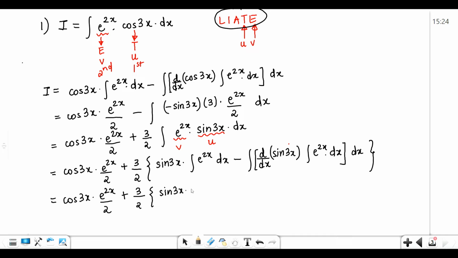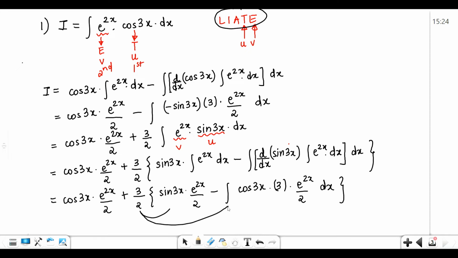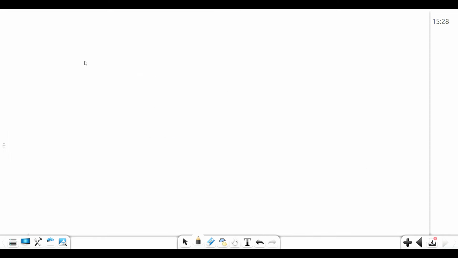Now sine 3x will remain as it is, integration of e raised to 2x will be e raised to 2x upon 2, minus again integration, derivative of sine. Derivative of sine is cos 3x, and the derivative of 3x will be 3. And again the integration of e raised to 2x will be e raised to 2x upon 2, then dx. Close the bracket. So we have arrived here. Now what we can do, we will multiply this 3 by 2 with both of these two terms. Okay, so I is equal to